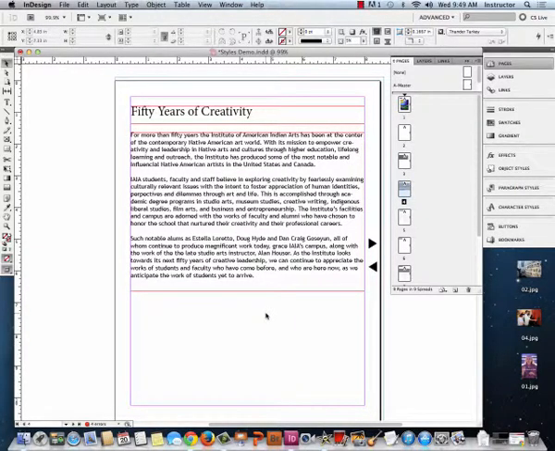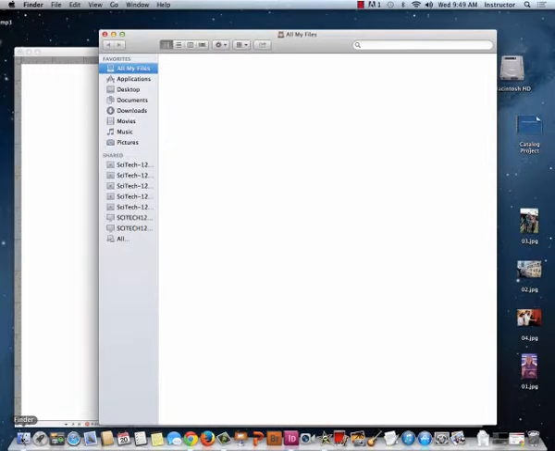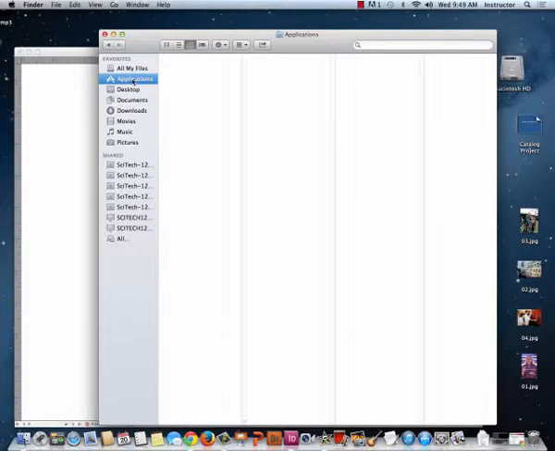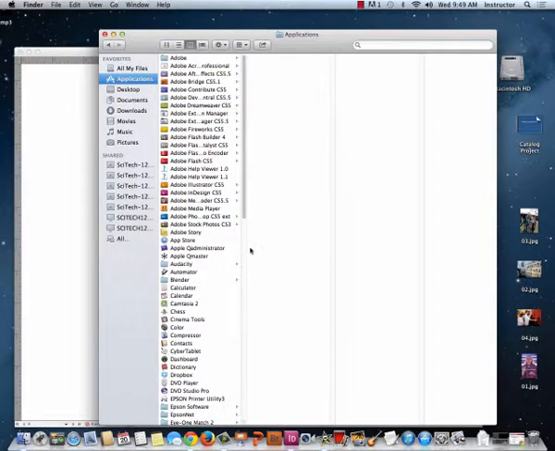However, InDesign will not take a WAV or MP3 file right out of hand. So what you have to do is a file conversion. So what you would do from your Finder, you would click Finder, go to Applications, and you would look for the program titled